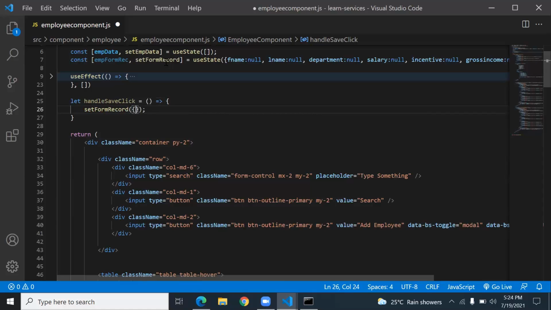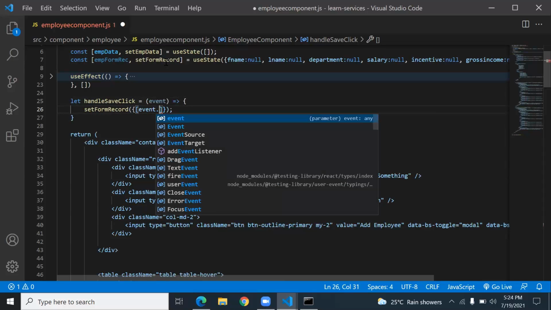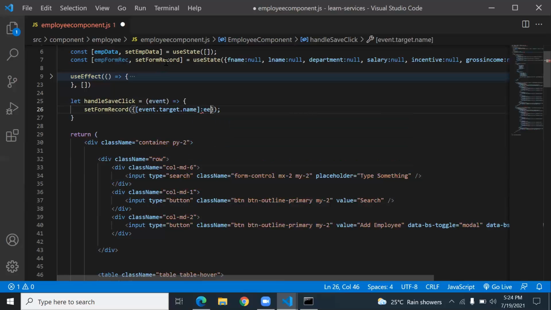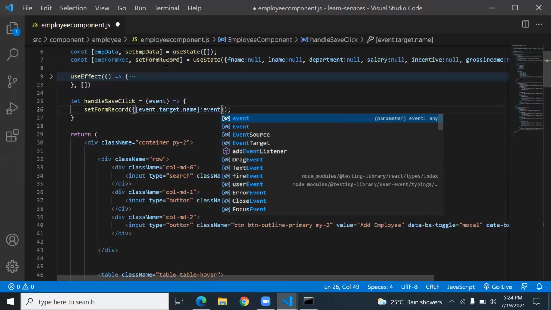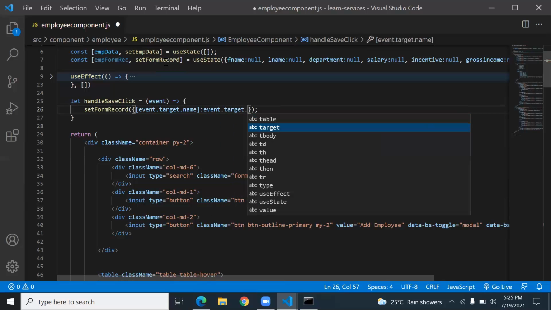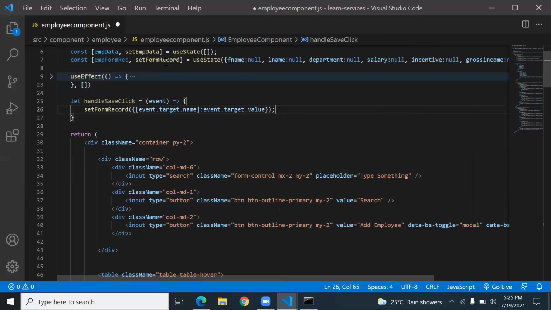In the square bracket, which accepts the event object, I write event.target.name colon. On the other side I write event.target.value. So this prepares the key value pairs.